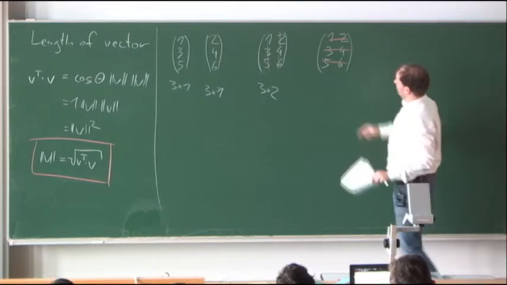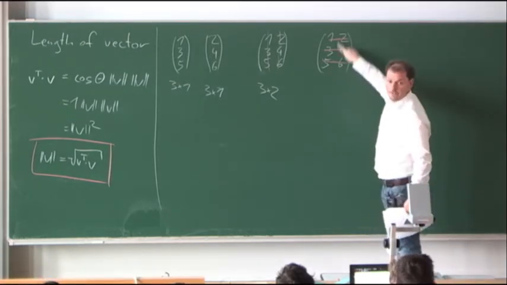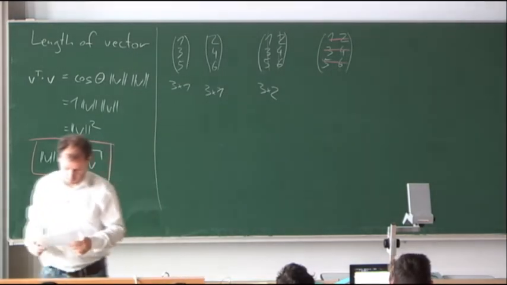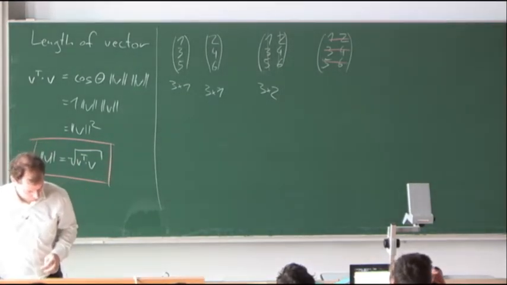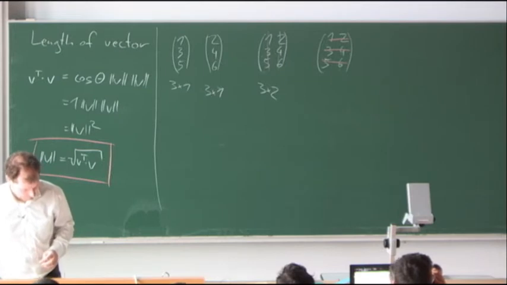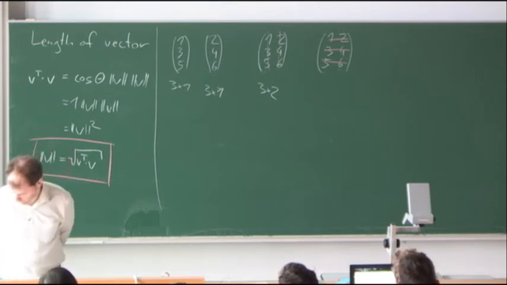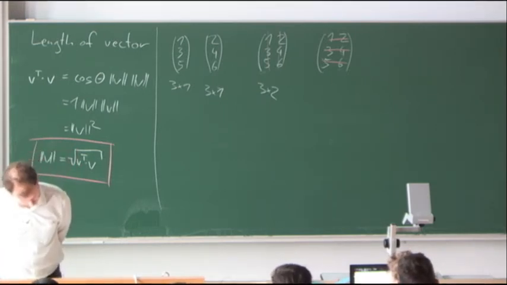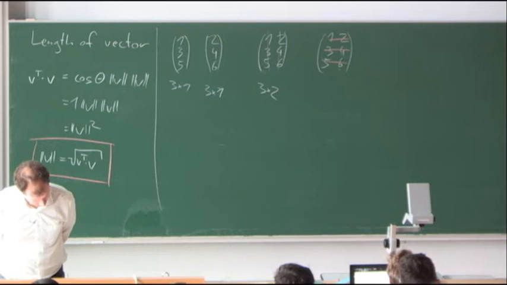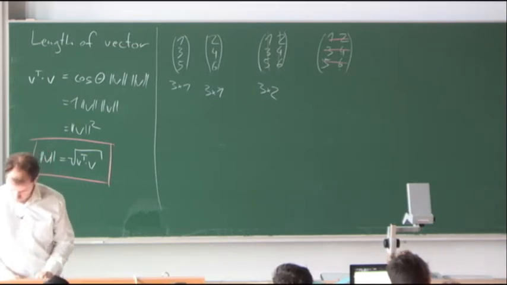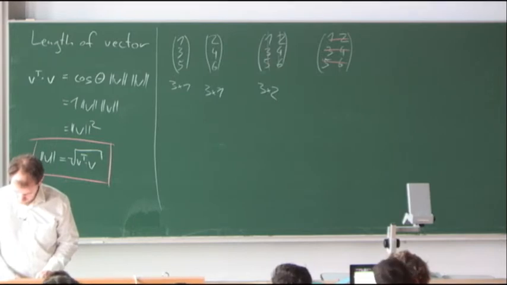And if you define the matrix, you always have to go by rows, right? As we remember. So if we want to define this matrix,